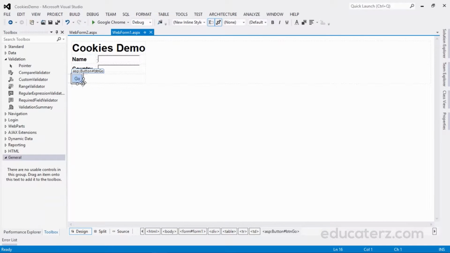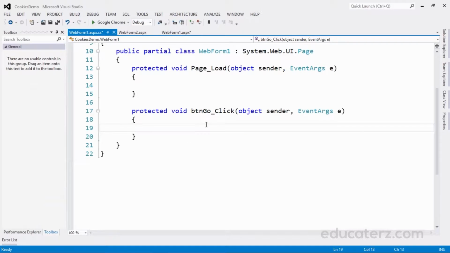I'm double clicking on this go button so that the button click event will get generated. If the user enters name and country in web form 1, then I'll be taking those values to web form 2. Just imagine that in a real-time scenario, you'll be taking a login page. There you'll be giving username and password.